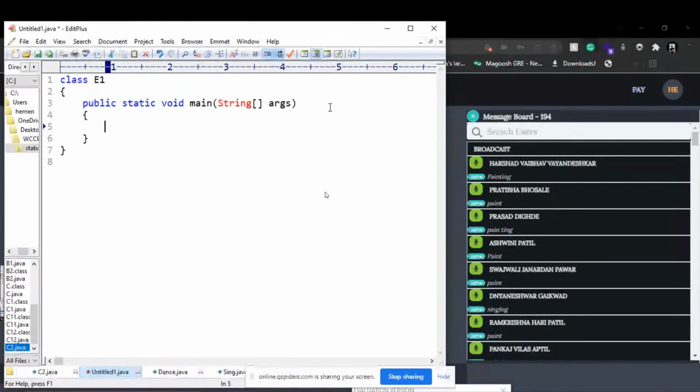What we will do? We will register first person name as Rahul. Okay, we'll write it here. First person registration. So first person name is, let's say, Rahul.